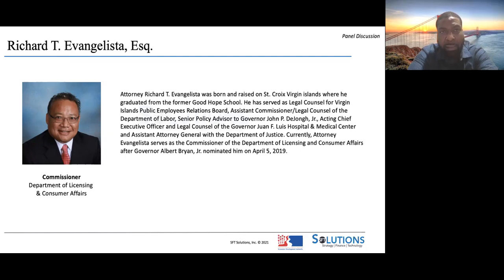Can you talk a little bit more about how that process works? Sure. So when a consumer files a complaint, we immediately submit that complaint and request a response from the vendor. And at that point, we create an opportunity to settle the matter. If that doesn't work out, then we elevate it to the point where if we have to have a formal hearing, we do. And depending on the decision, the party who loses can actually file a writ of review with the Superior Court after my decision is final.